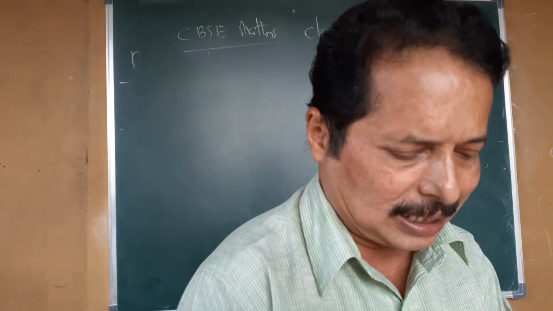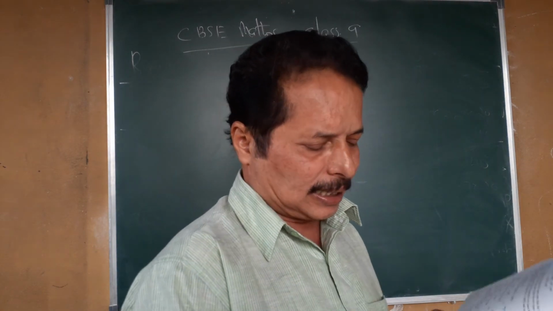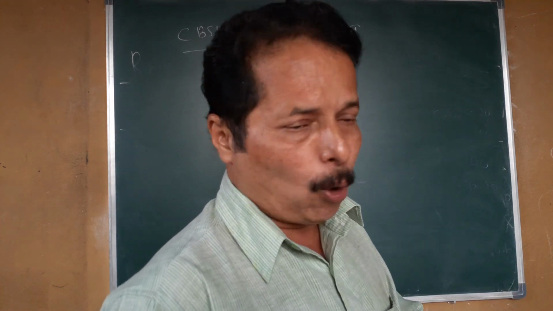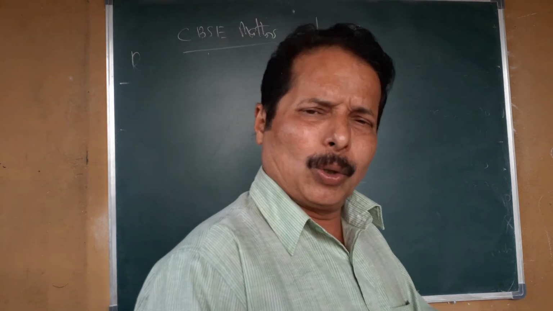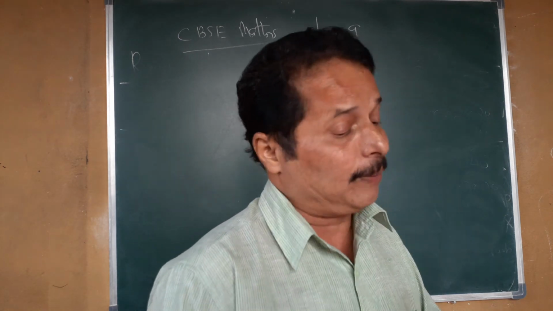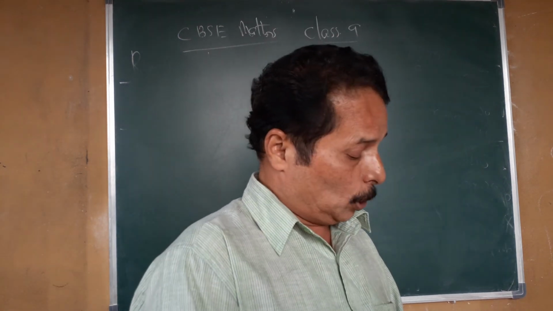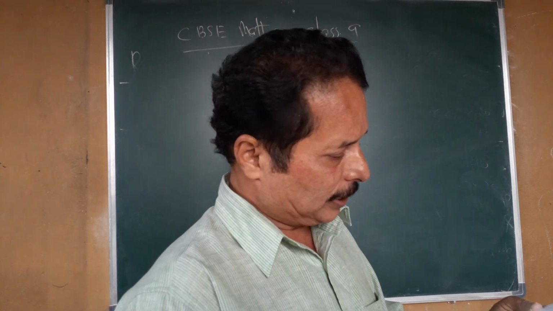So you just try page number 103, exercise 6.2, question number 1. Okay. Then page number 104, question number 2, 3 and 4. Already you completed the problems. Okay. So do it once again. This is a revision. So listen carefully to the video and do all the problems in the textbook. I will give you details later. Okay. All the best.